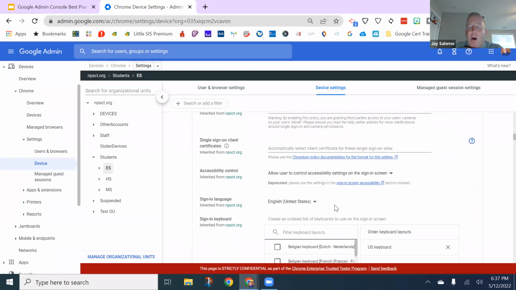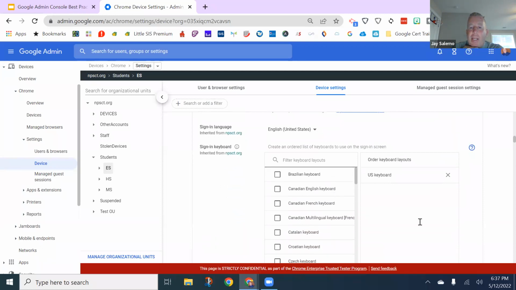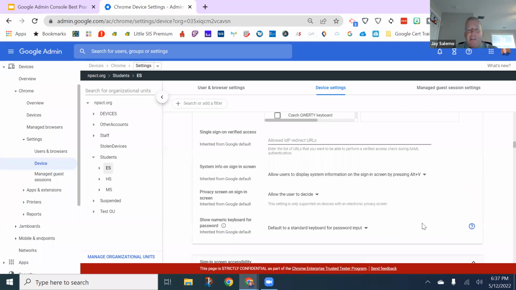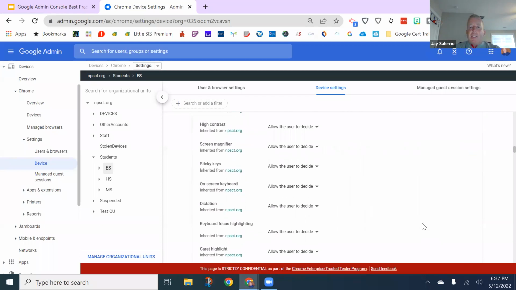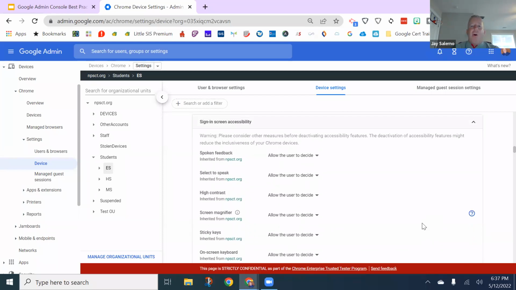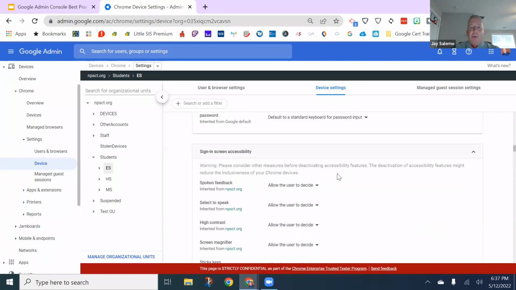On the device also from here, I can turn off, I can make a default keyboard if I want, but it's by device in terms of the entire OU. So any settings that you do make, it's going to change for the entire OU. Now, one of the things also we've seen recently is we've seen especially our kindergartners, they're experimenting with sign-in